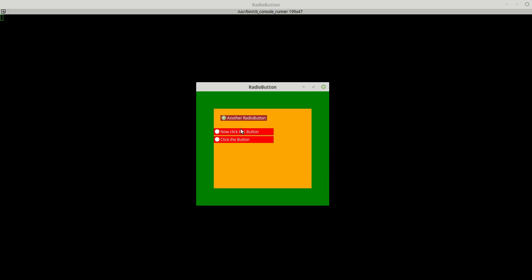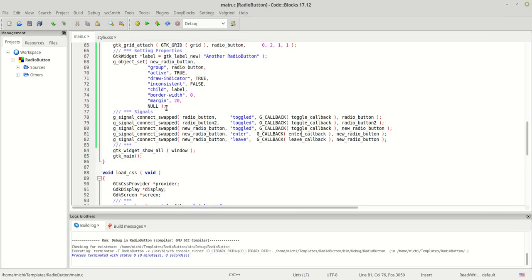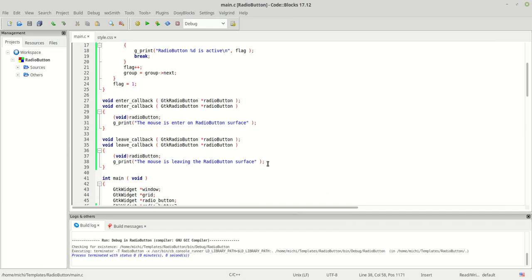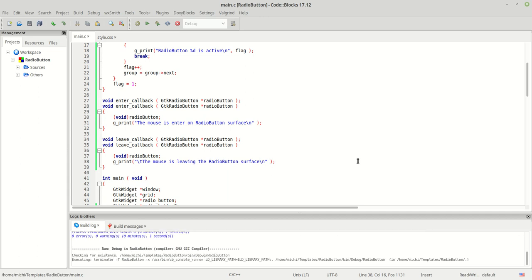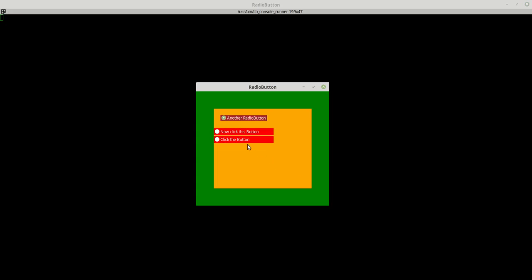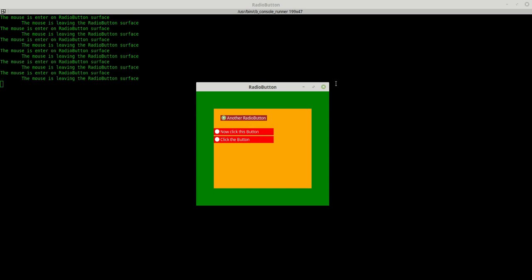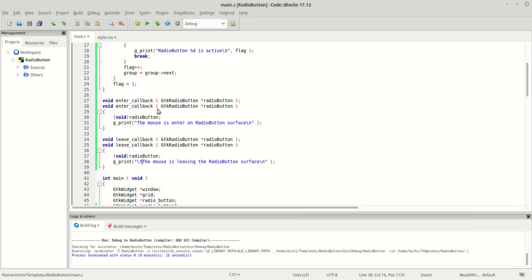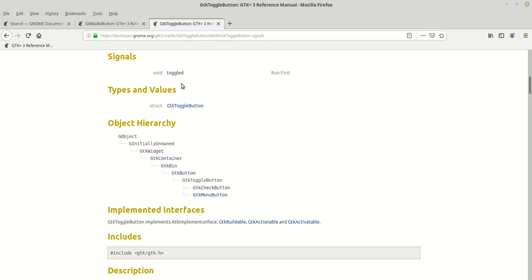program, and you see once that I'm arriving here, let me put a new line character, because if not it's not so easy to understand it. I will also use a tab here just to see better. So now watch, basically I'm using enter and leave signals. You see the mouse is entering on the radio button surface, the mouse is leaving, and so on. So basically this is how you catch other signals which do not belong to your